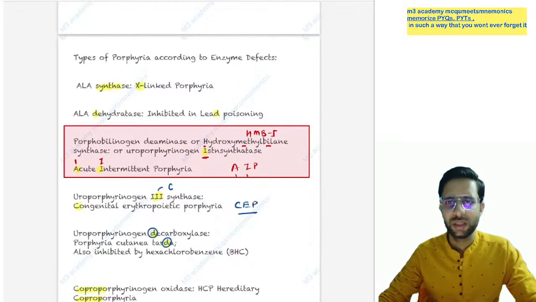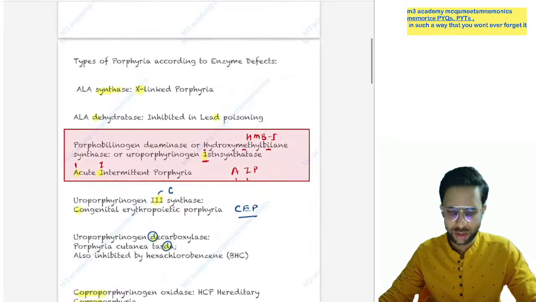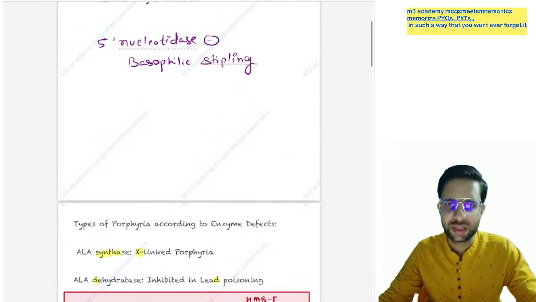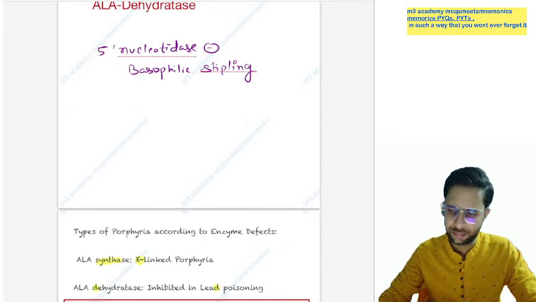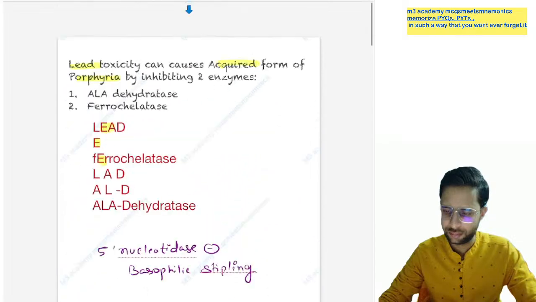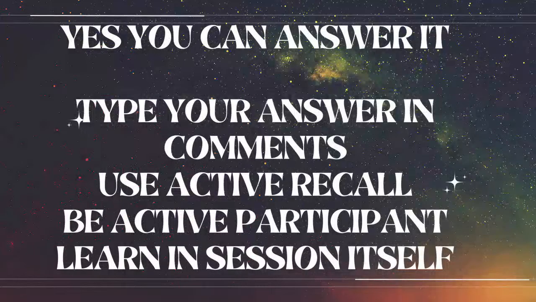यस, वेरी गुड। यस, सो गंटर डिजीज CEP को बोलते हैं। यस, लेड इनिबिट विच एंजाइम? किस एंजाइम को इनिबिट करता है? Yes, lead inhibits which enzyme? Yes, so lead की स्पेलिंग में क्या आता है? आर, ई से फेरोचिलेटेज बन जाएगा, डी से एंड होता है तो यहाँ पे ALA डिहाइड्रेटेज बन जाएगा। यस, सो यहाँ पे आप आसानी से आंसर कर सकते हैं।